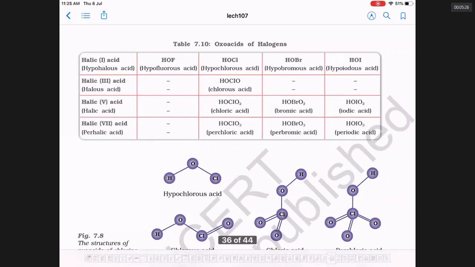Notice that the number of oxyacids made by chlorine is many. The most acidic acid is HClO4. The more the number of oxygens, the more the acidic strength. In any oxyacid of halogen, the number of d pi p pi bonds is one less than the number of oxygens. Notice, in HOCl, there is no d pi p pi bond. In HClO2, there is 1 d pi p pi bond. In HClO3, there are 2 d pi p pi bonds. In HClO4, there are 3 d pi p pi bonds.